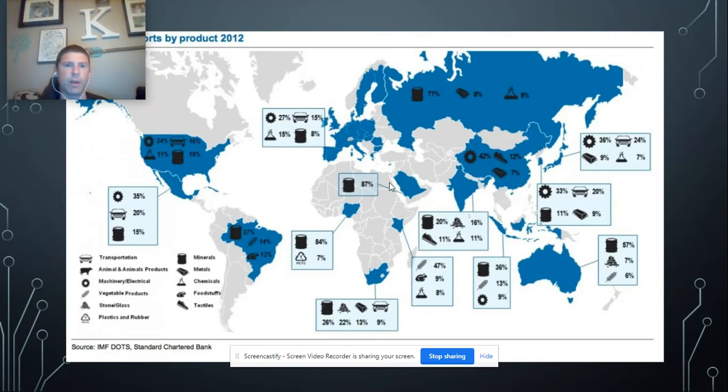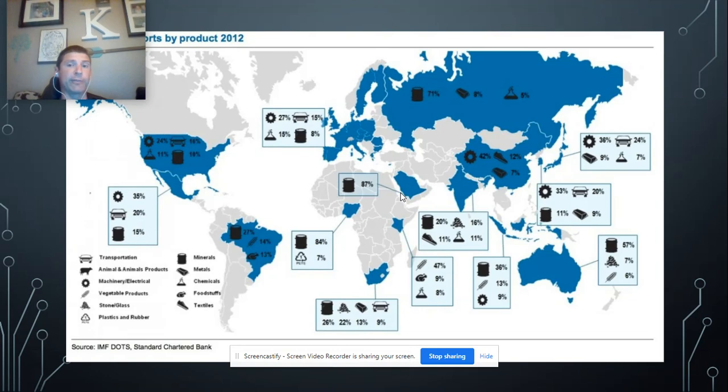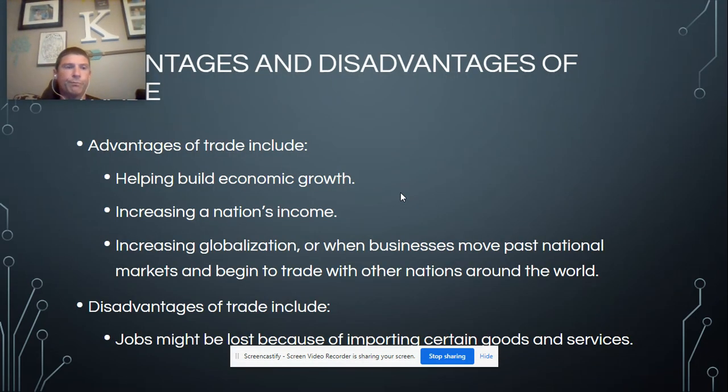We'll talk about Saudi Arabia over here, 87% oil. And much of the oil prices are dictated by the Middle East. Like we said, certain areas specialize. Saudi Arabia is desert. We don't see farming really listed here, right? Animal products, foodstuffs. We don't see any of that showing up for Saudi Arabia because they wouldn't specialize in something like that. But they have tons of oil, and that's where their wealth comes from. So, an interesting map.